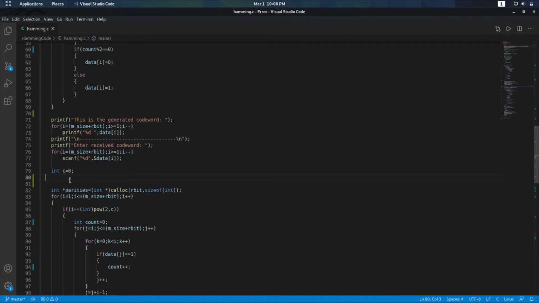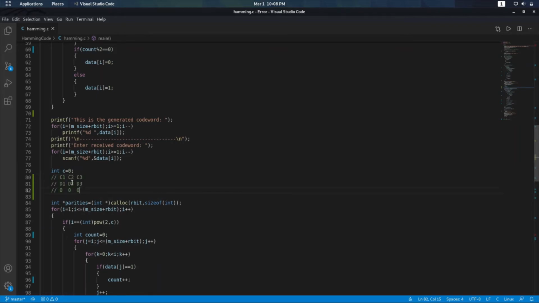So before we move further, what we have to do at the sender side, as we can already see in the theory, and if you have not seen the theory, just please see the theory. After that, you will be able to understand each and every single thing out here. So suppose these C's are the redundant bits calculated at the receiver side and they are at the sender side. If it is a correct, valid code word and I XOR them, then the XOR should be 0 if there is no error.